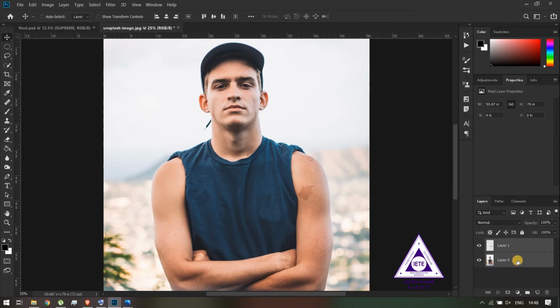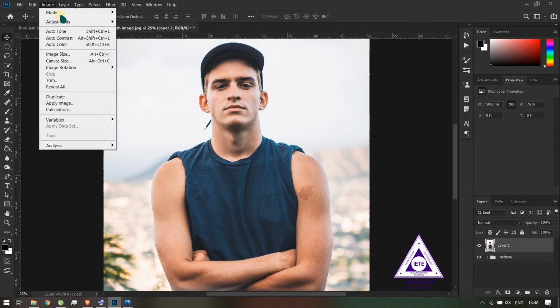Select the layers. So if you select the layers and press Ctrl Alt Shift E on your keyboard, it will create a new layer while retaining the original layers. And this third layer is a combination of the first two layers. So I just group the original layers and I'll name it archive. Now what we need to do is make this image black and white and increase its contrast at the same time.